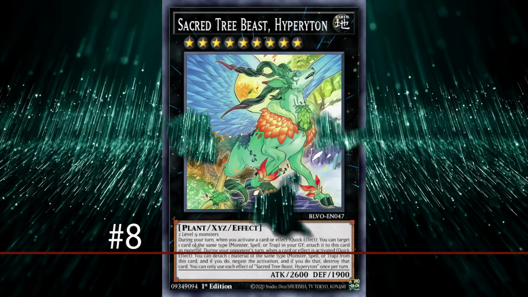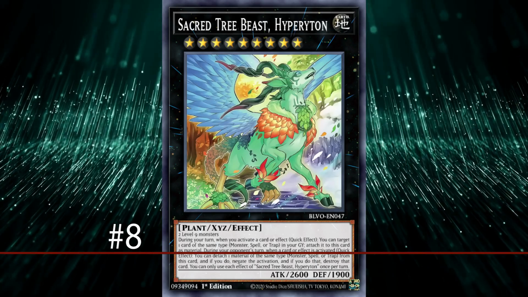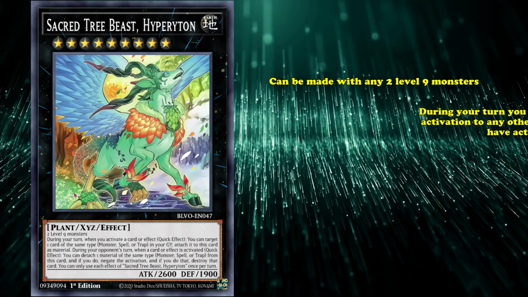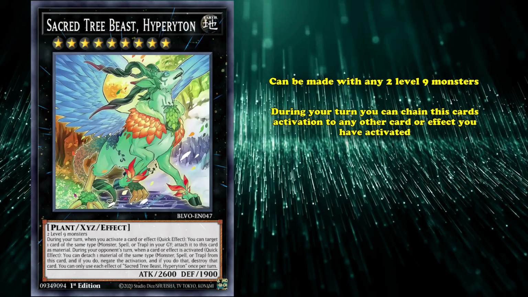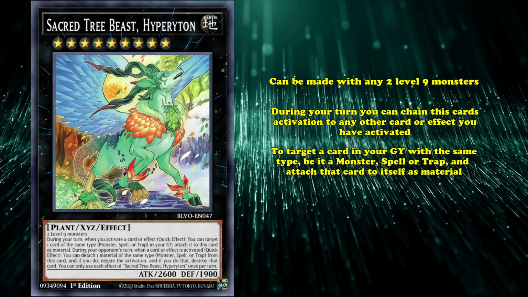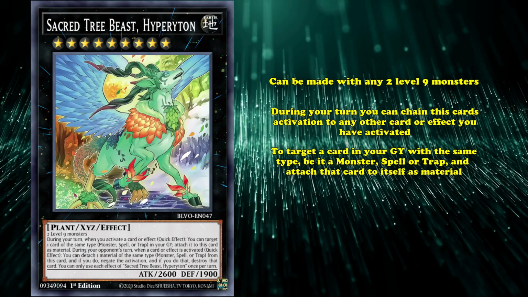And at number 8, we have Sacred Tree Beast Hyperyton. This is a rank 9 earth plant monster that can be made with any 2 level 9 monsters. During your turn, you can chain this card's activation to any other card or effect you've activated to target a card in your graveyard with the same type, be it a monster, spell, or trap, and attach that card to